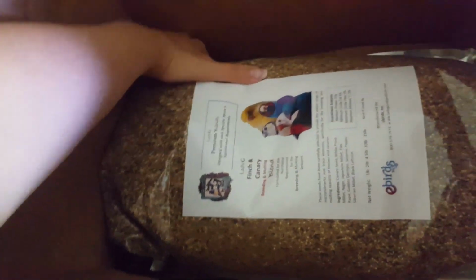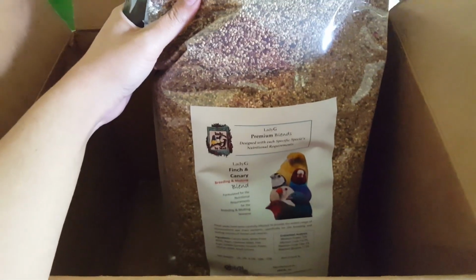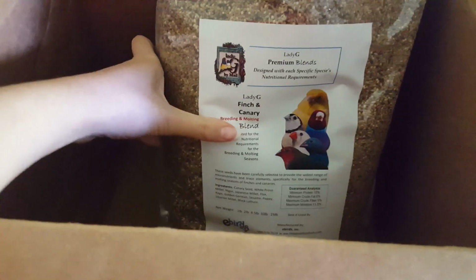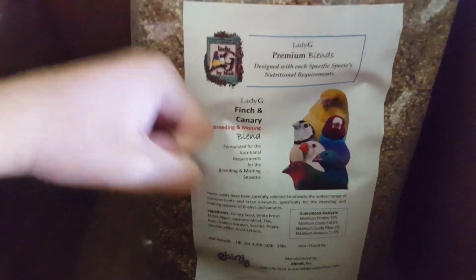I actually can't remember everything. This is a really big package, but I can't remember everything that was supposed to be in here. And it's just a giant bag. Oh my gosh, I thought I ordered one size up. Apparently I ordered 2 sizes up of the Breeders Premium Breeding and Molting Blend for my birdos, which they love